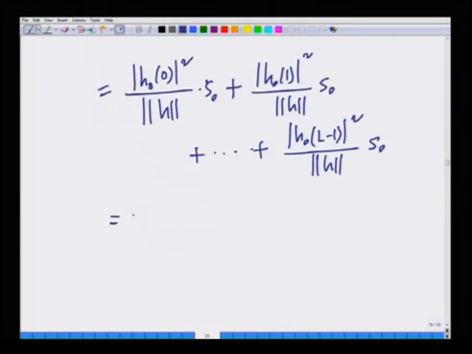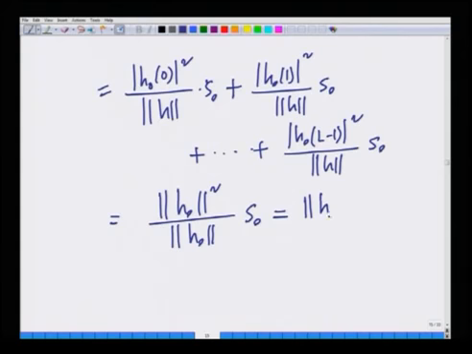This is nothing but the sum of all these components, which is magnitude h 0 square divided by magnitude h 0 into s 0. This is nothing but magnitude h 0 into s 0. Hence, the power is nothing but norm of h 0 square times